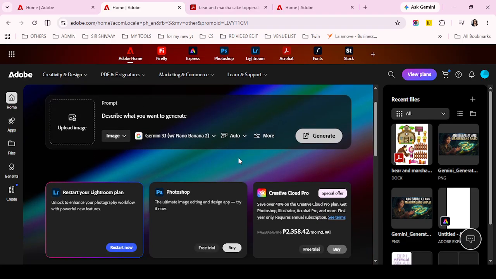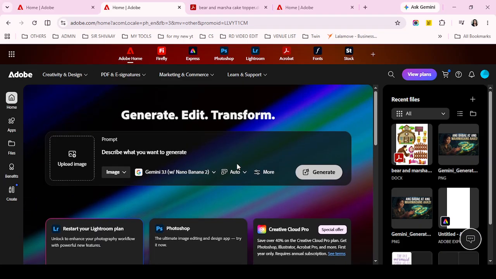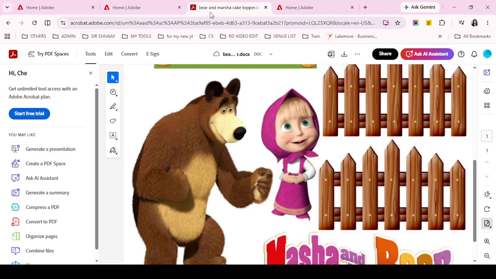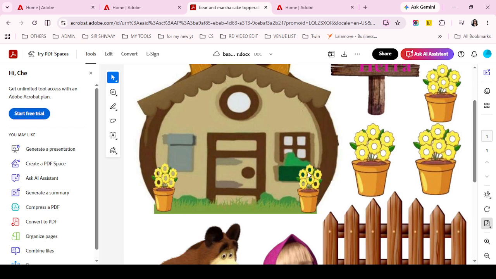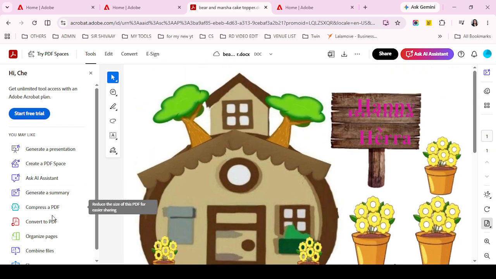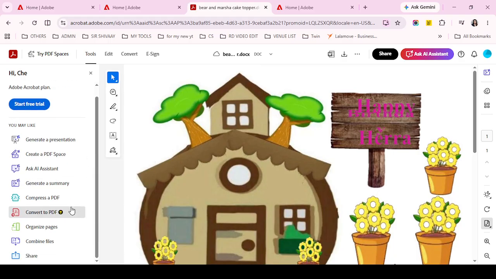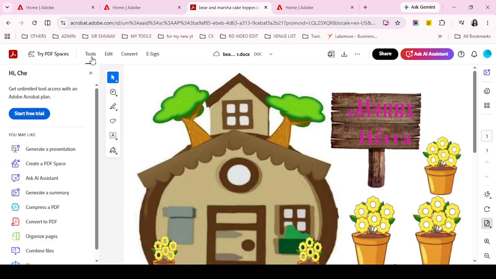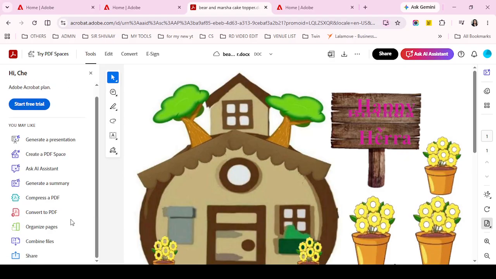This is important because if the page is still rendering, it can be harder to select the exact object you want to move. Once your file is open, go to the Edit option. Selecting the Edit module helps isolate the editable content on the page, including image areas and text block layers. This makes it much easier to work with specific elements without accidentally interacting with the wrong part of the document. If you're editing a page with several objects close together, taking a moment here to let the editing tools activate